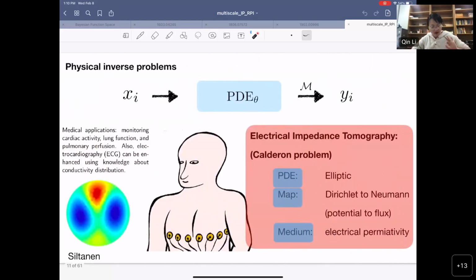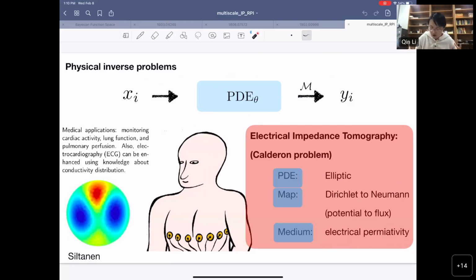Okay. The third inverse problem that has been heavily studied in the community is called electrical impedance tomography, and the mathematical term for it is the Calderon problem, pinned down by Calderon in the 1960s. So the underlying differential equation is the easiest equation that you take in the PDE course. It's an elliptic type equation. And in the elliptic type equation, there's a term, it's basically the diffusion coefficient, which in reality is called the electrical permeability coefficient that is not known. So you want to infer this.